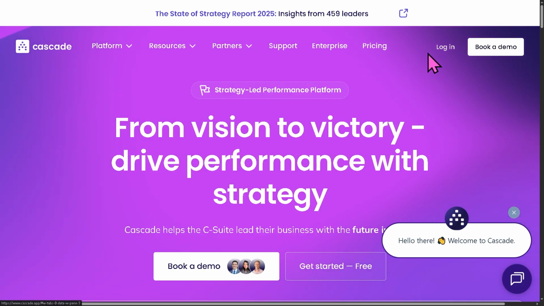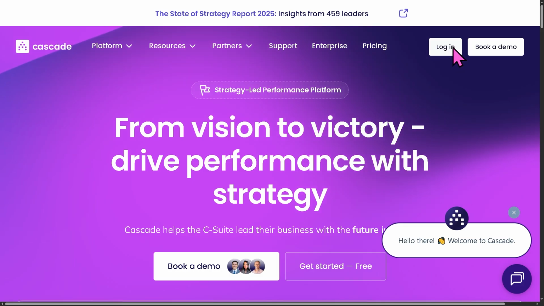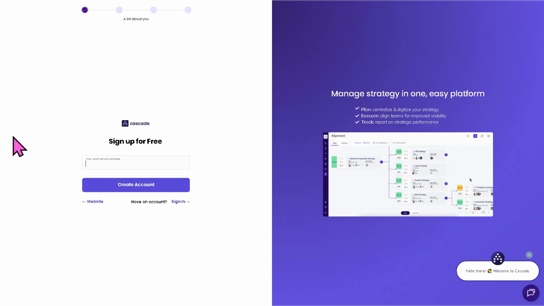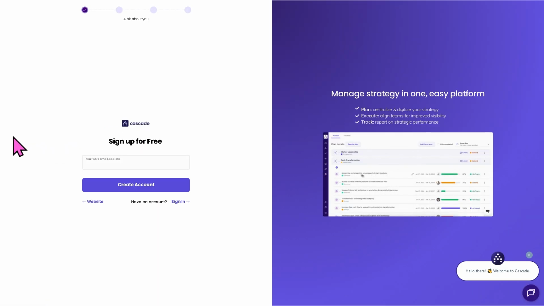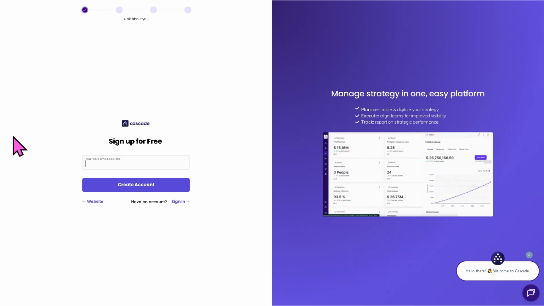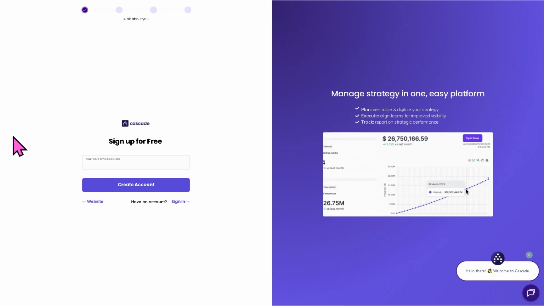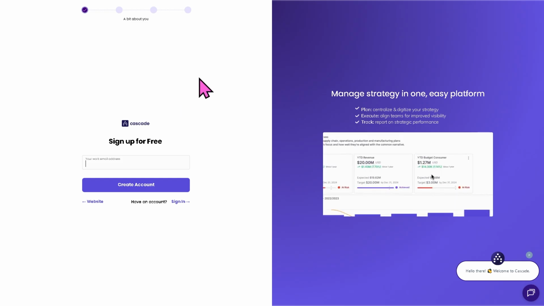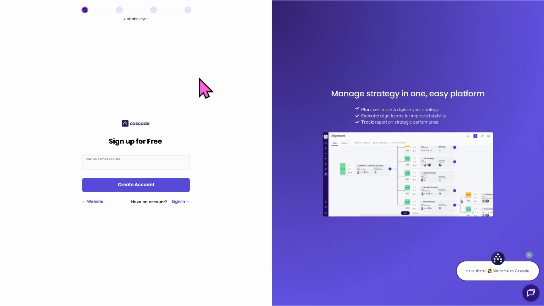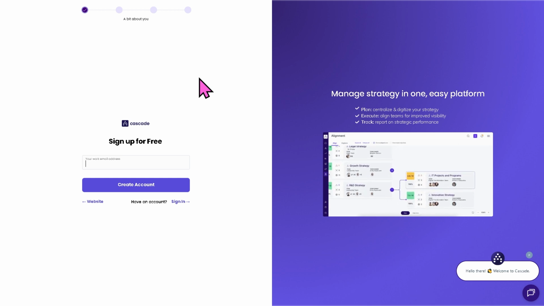official website. On the top corner, you have the option to log in using your credentials. If you don't have an account here in Cascade, this is a perfect opportunity for you to create one. How? You can simply click the sign up button, and this will forward you to a new page. The thing is, it only requires a work or business email. So you can't use any kind of email like a personal email because it won't accept it. And the account creation here in Cascade is subject for approval. And if your request for the free trial access,